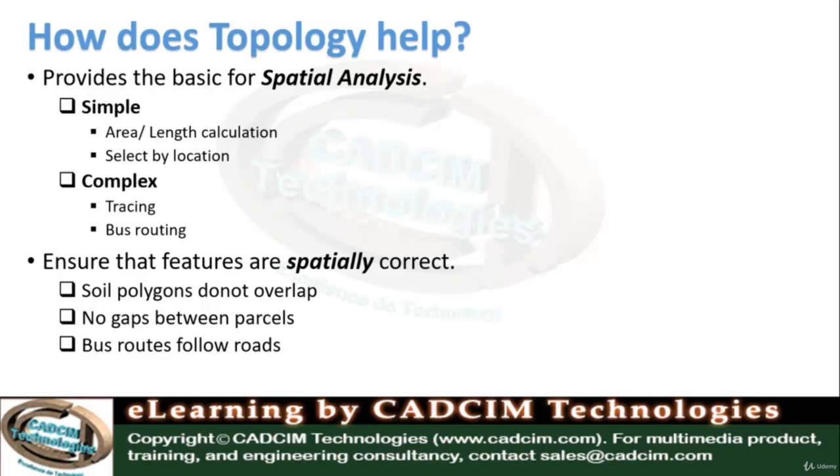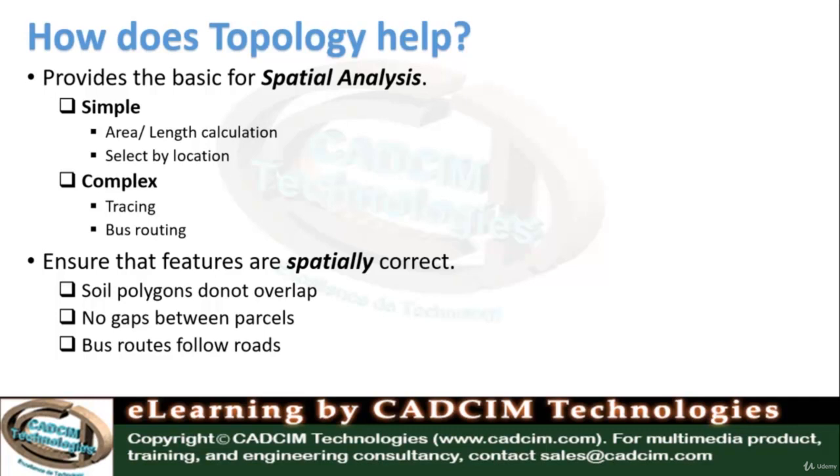So topology is required for spatial analysis. It's also very powerful for ensuring the features are spatially correct, or sometimes you will see that it's used to ensure the integrity of data. So topology allows you, while we are editing, to ensure that polygons do not overlap or there is no gap between polygons, or maybe bus routes follow a road or are coincident with the road, or maybe roads connect at the intersection. Topology allows us to spatially analyze our data as well as ensure the integrity of our data in being